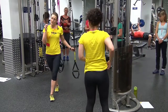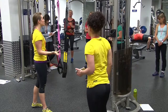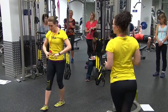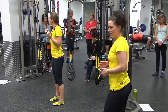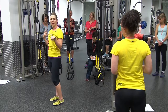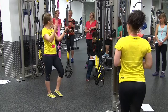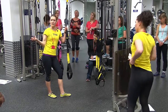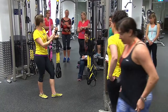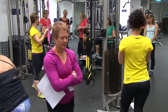But there's been some research to show that 10 seconds is how long we should plank for on the suspension trainer or off, and that we should be trying to squeeze our pelvic floor just as much as we're squeezing everything else, and then letting go. So let go of your minute-long planks, your 3-minute-long planks. Think of it as sprinting versus a long, steady-state cardio. Sprinting, vastly more effective. This kind of plank, vastly more effective,